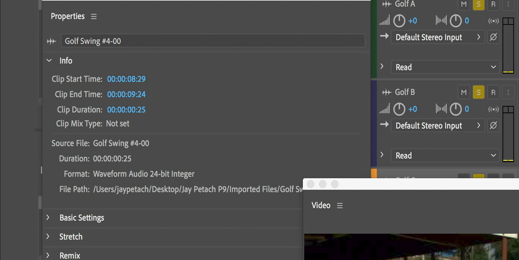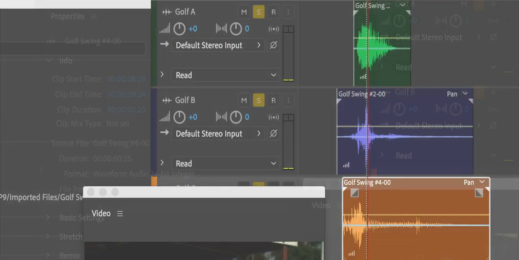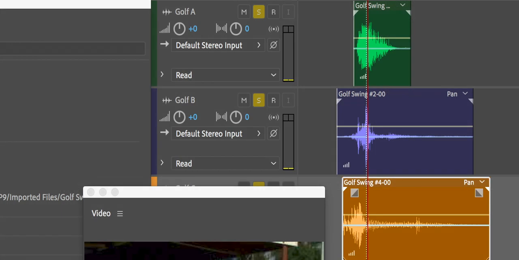We can click on each one of the files and then click on the start time. Change the start time by a frame. On the top one, maybe make it a frame later. Leave the middle one unchanged. The bottom one, make it a frame earlier. So now we've kind of spread them out a little bit, and it sounds more like what we want to